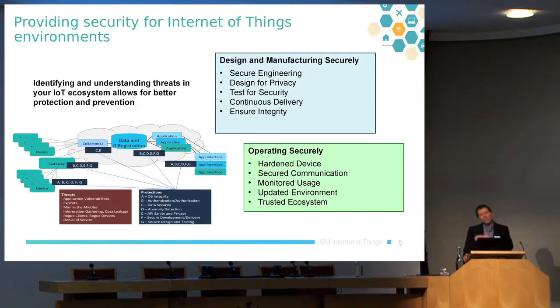This is not the only model. It's probably the most common model I see being used today around building IoT applications. There are several IoT application models starting to emerge, such as large storage vendors creating IoT storage units. And the thing being advocated there is, why move the data around when I can just collect the data and store it where the data is being collected? That cuts both ways, because as we've seen, if you can attack the device, then you actually get access to the information. So you have to weigh the pros and cons of what risks and threats you want to worry about as to what application architecture you use.